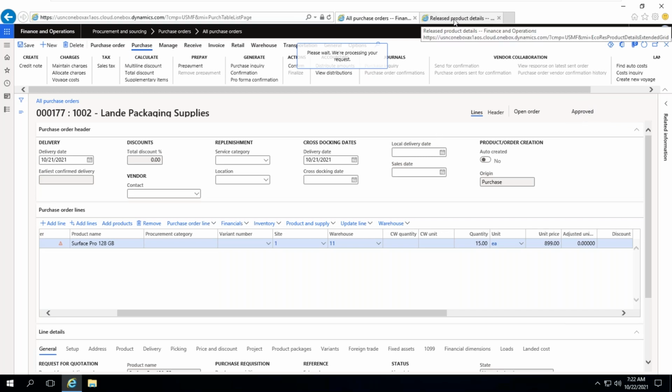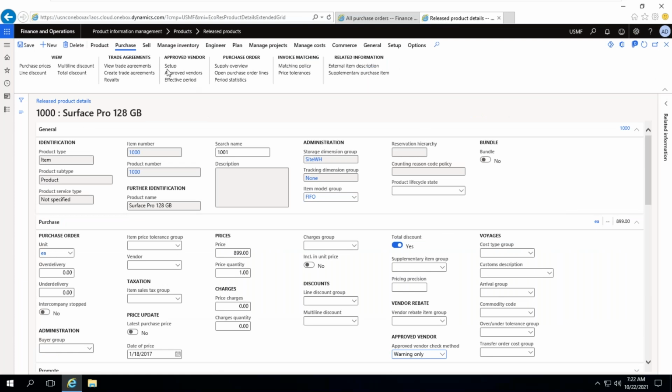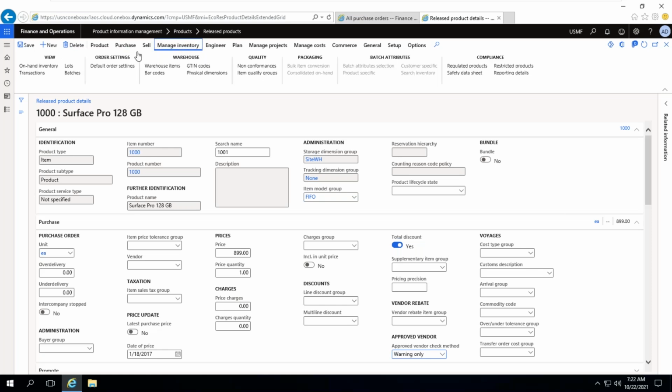So now if you verify on hand inventory, manage inventory, on hand inventory, it will show you ordered in total from 5 to 20, because 15 is added, ordered in total 15. So 5 plus 15 is 20.